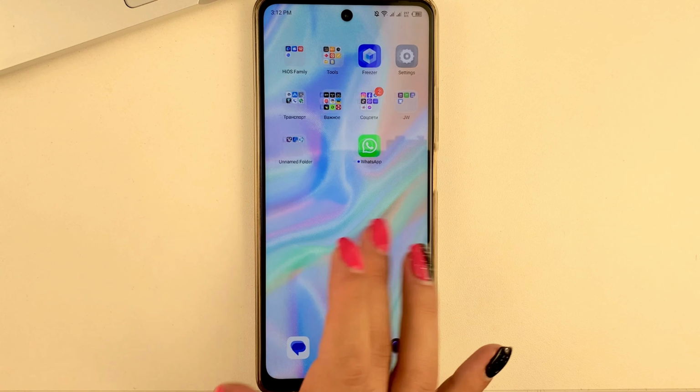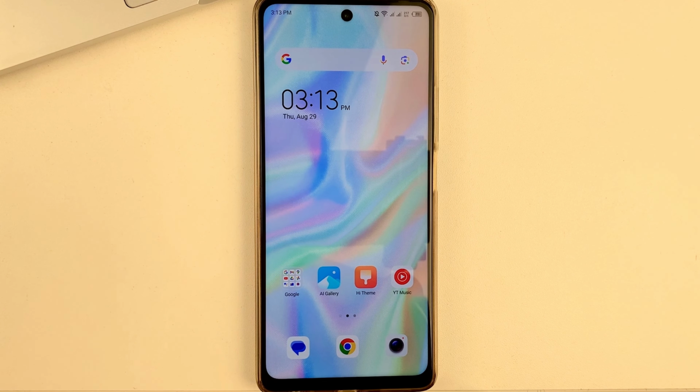So friends, if on your Android you can't find the phone app or phone icon anywhere on your home screen, maybe you deleted it accidentally, maybe you deleted it earlier on purpose to keep it out of your way, then I will show you how you can easily find it back.